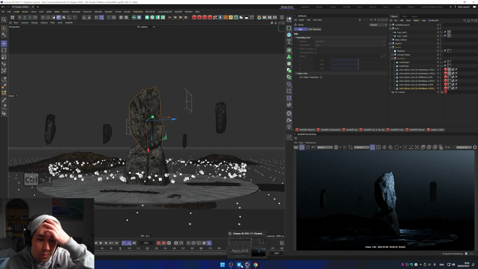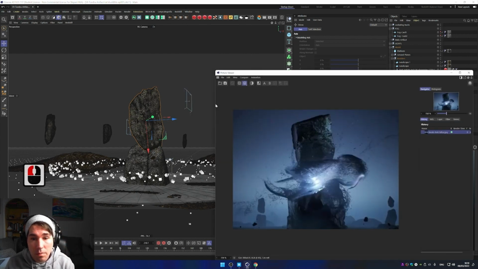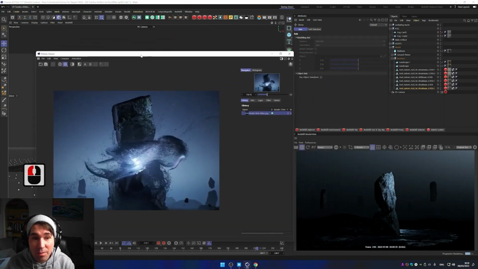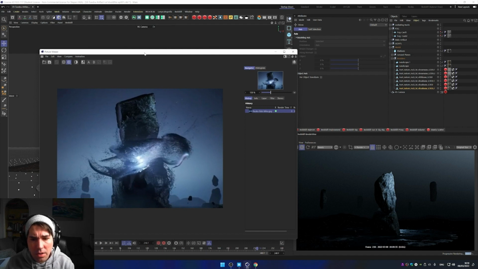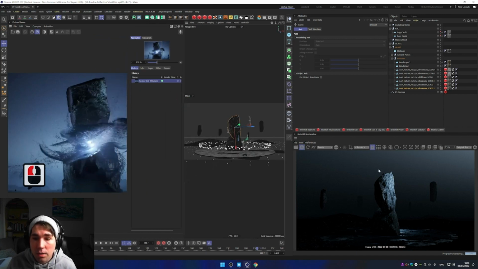Yeah. So now when we look at our, we go to our window, picture viewer, shift plus F6, we almost there, right? Our scene is a little bit darker, much darker, I would say, but overall not bad. You can just plug it in here and look at it while I'm gonna adjust that look. We don't need to do it exactly. I think we've replicated most of the stuff. What I wanted to achieve is to achieve that lighting that he has. And I'm sure we could achieve that with